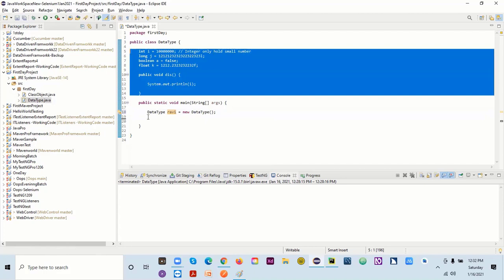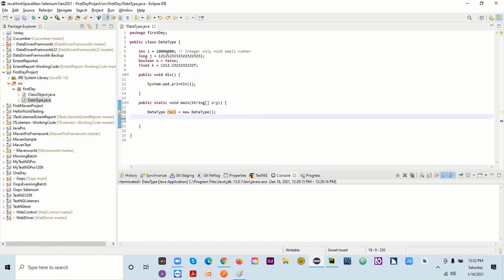So let's say I want to print this value. I will simply write system.out.println, which is for printing on the console. So I want to print this value. I will simply copy Ravi and put a dot.